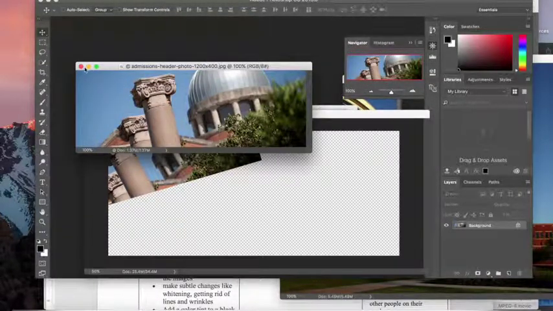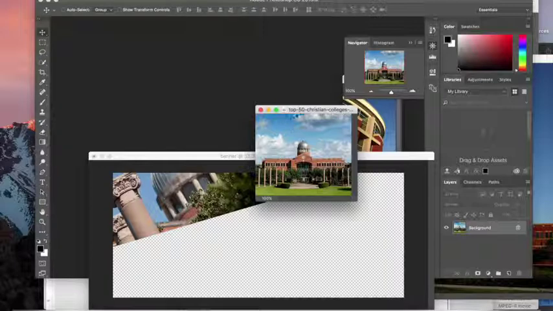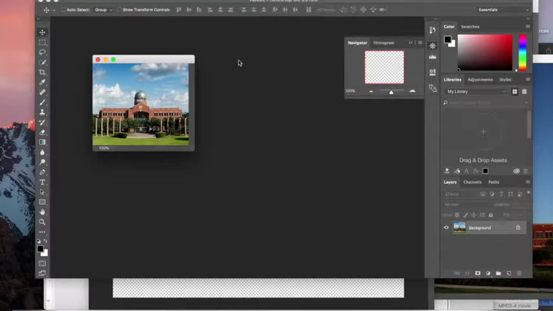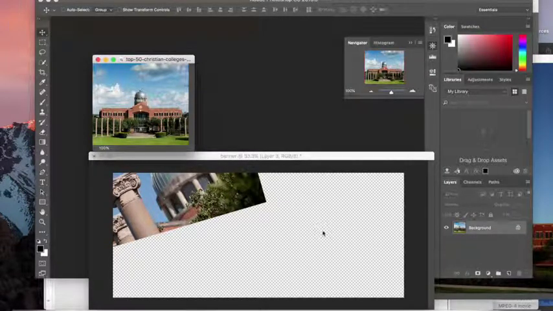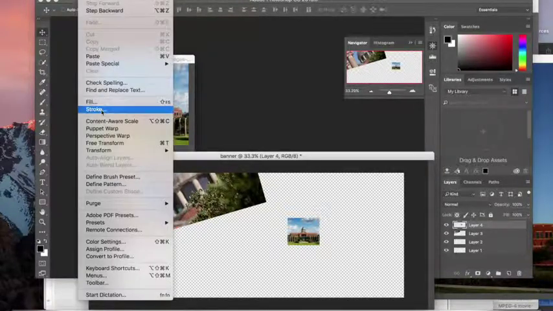Now that I've used this picture, I'm going to close it so I don't have to look at it again. And here is another picture that I would like to try to, whoops, I don't really want it up that way. So now I'm going to take this picture of Hinton, and I'm going to use my move tool, click and drag it down. So now it's on this layer 4. I'm going to go to Edit, Free Transform,